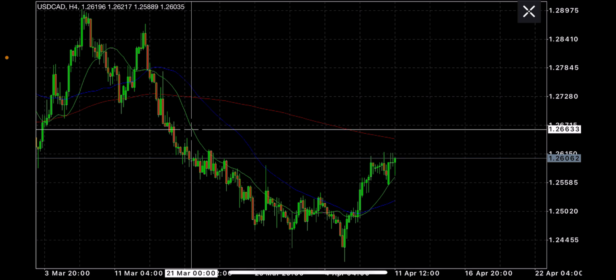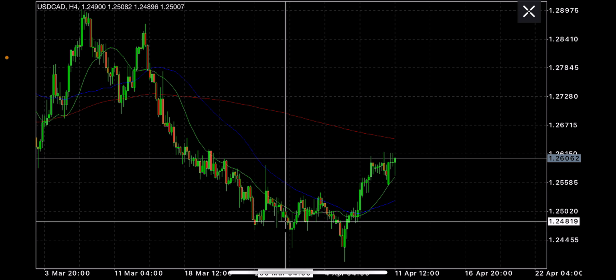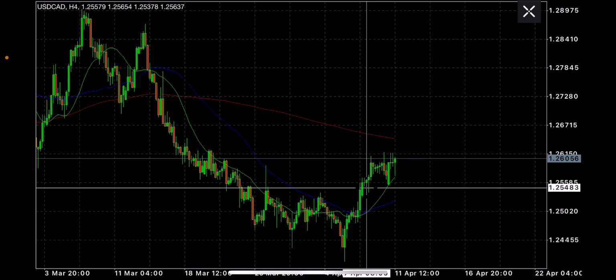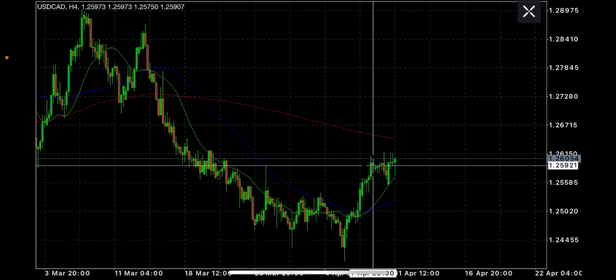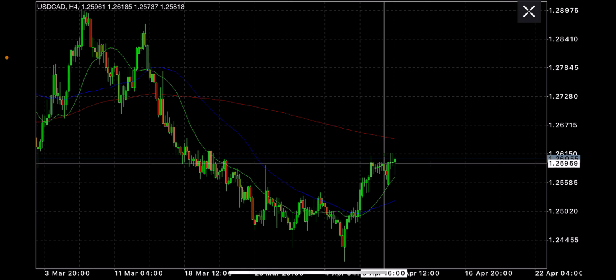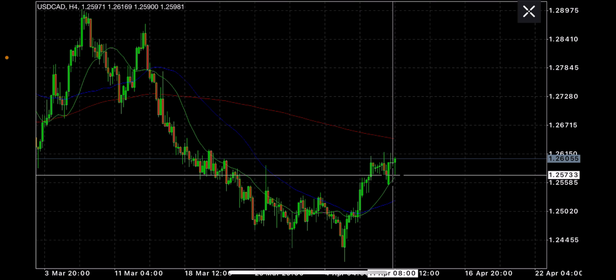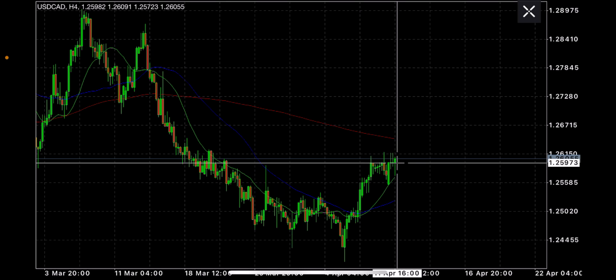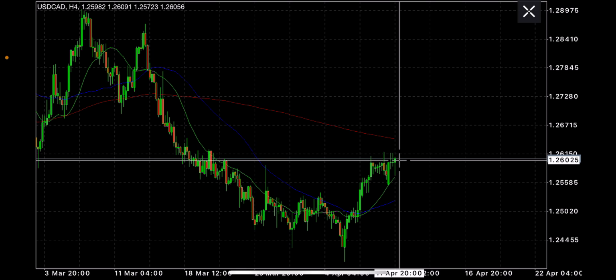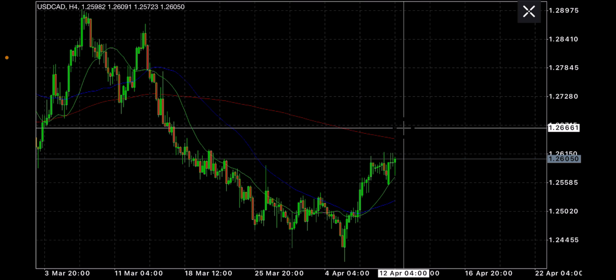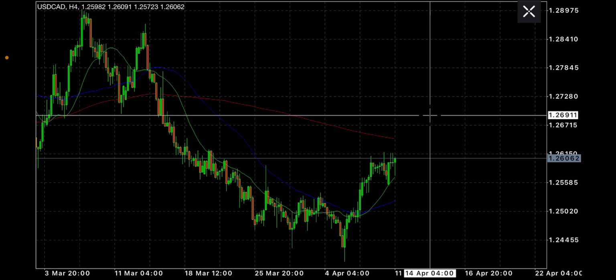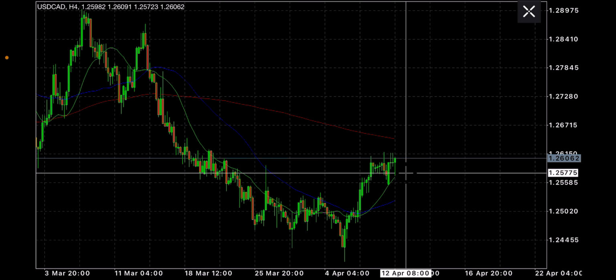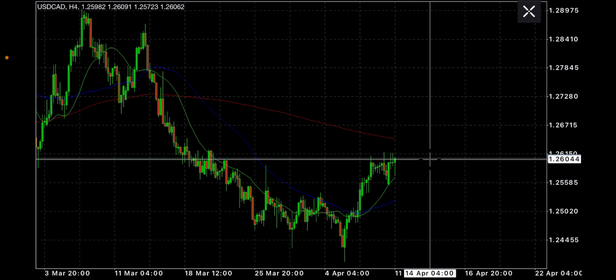Okay, so you can see we were going down, going down, going down, then we flattened out, then boom, we broke to this area here. We did have some pushback, but now we're looking like we're continuing to go up. This is positive for us to continue going up. So how high can we go? We can go as high as here or even here as a new target area, but we will eventually have a drop in price before we get there.